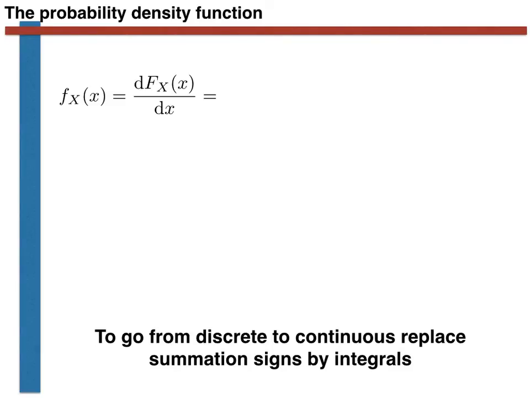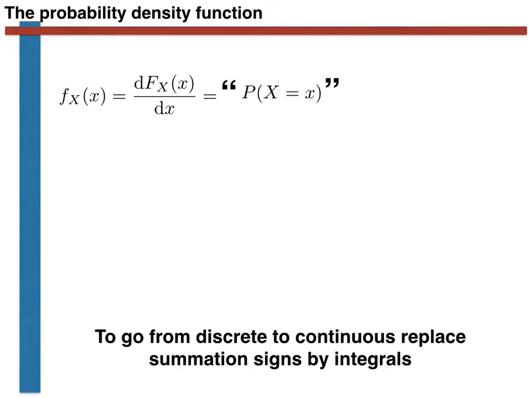When we have a cumulative probability distribution function like we've just seen, which has a derivative by virtue of having the limit of f of x plus epsilon equal to the limit of f of x minus epsilon as epsilon tends to 0, we call the derivative of the cumulative probability distribution function the probability density function. This is given the symbol shown here. It is sometimes written like this,